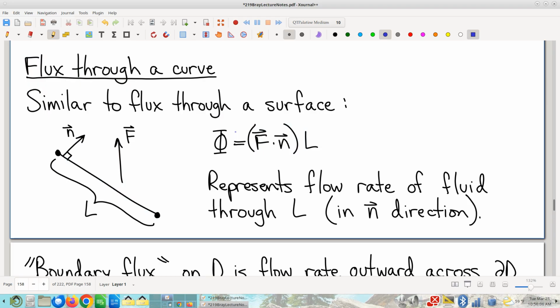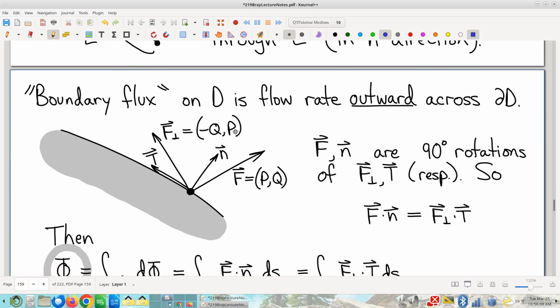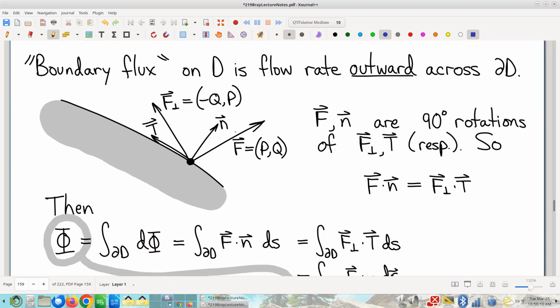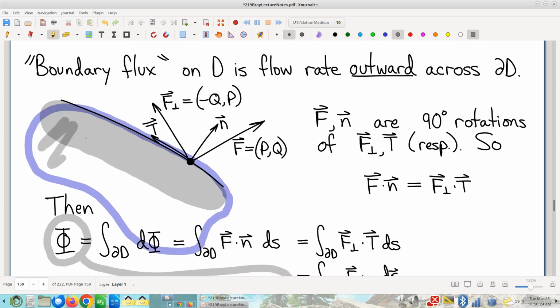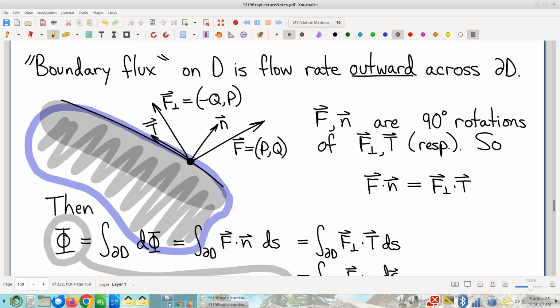With that, we're going to now consider a harder problem. What if you have not just a line segment, but a curve, and even worse, what if your curve is a boundary of some region? Maybe I've got a scenario kind of like this, and there's fluid flowing along, and I want to know, all together, to what extent is the fluid flowing through this boundary?